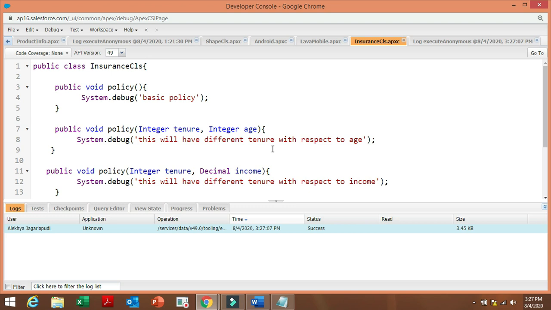Okay, next we'll move on to the next topic. What is method overriding?